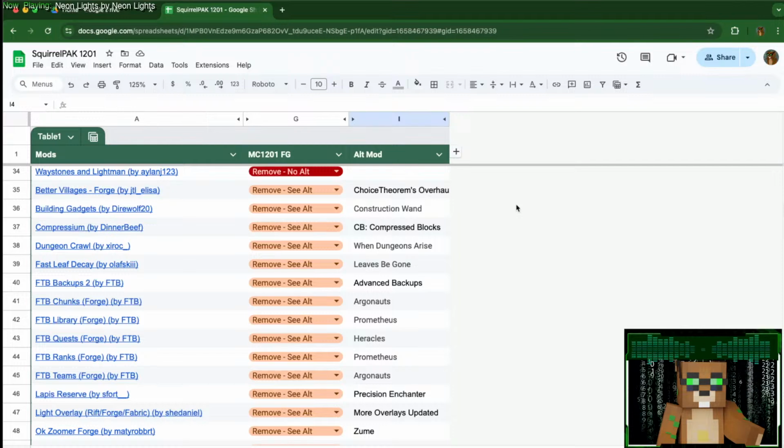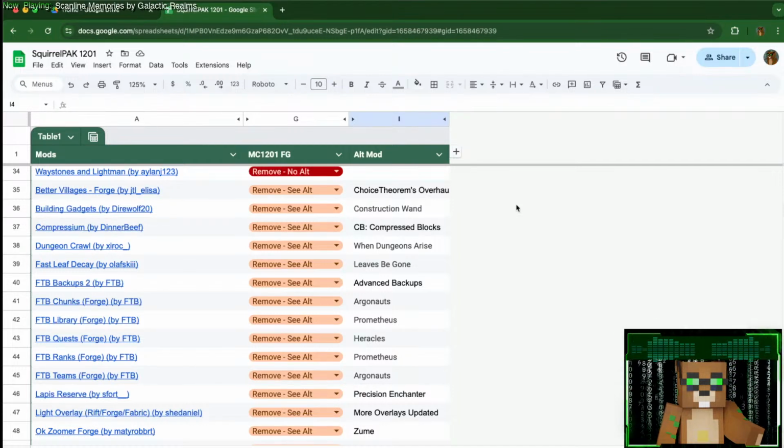And then if there is a need for it, which it seems the downloads show, it looks like there's a medieval one. There are some people out there who like a medieval kind of mod pack. I really like that too. I have some really good music for that. And then we also have Create and Mine Colonies, which had pretty good downloads. So we'll see. Definitely going to do this one, which I'm dubbing SquirrelPAK